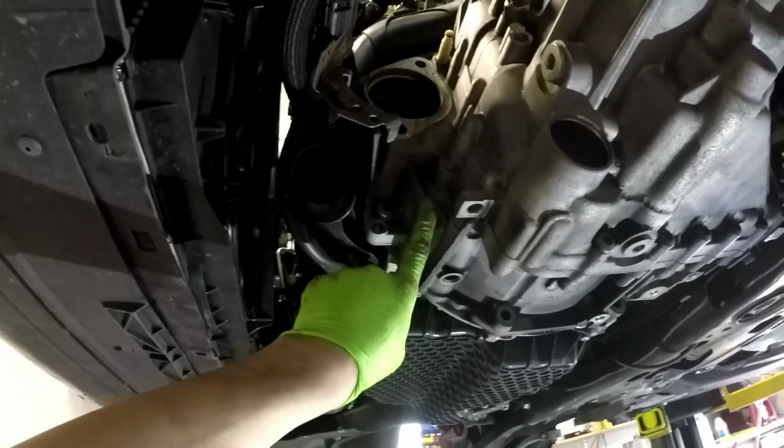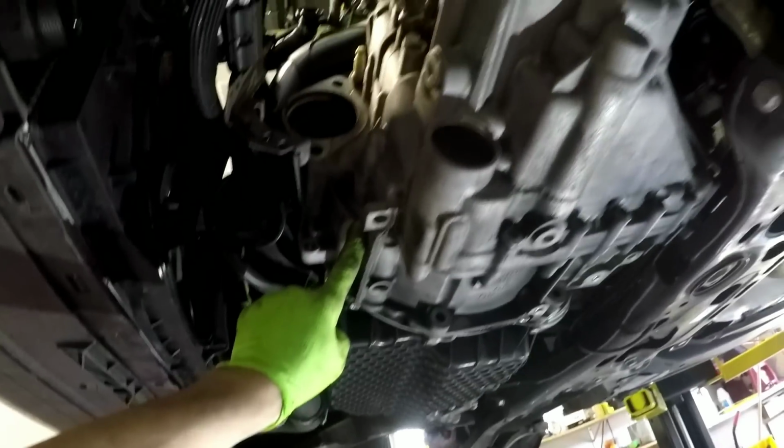So this is the last bolt holding it in, and that's the one I leave till last. So I think we're ready to drop the transmission. And you took this nub out because it'll hit right here and you will never get it out. So let me